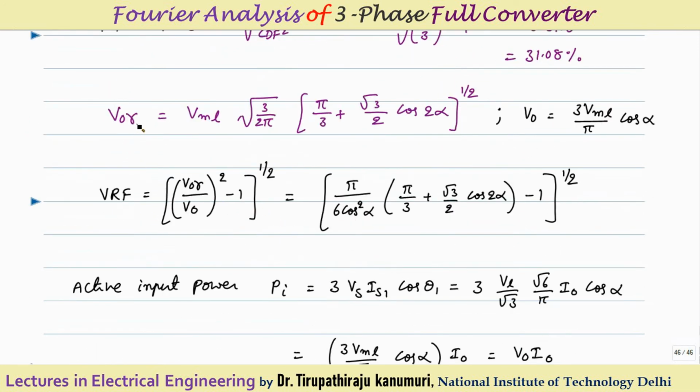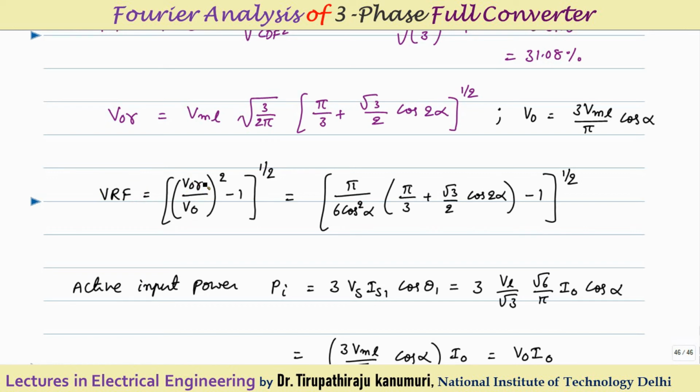Now coming to the RMS value of the output voltage, this is already calculated before in the last class, and the average value of the voltage is also calculated in the last class. So now coming to the voltage ripple factor. Voltage ripple factor is the output parameter. In the output I want the pure DC value, but practically we are getting the AC component along with the DC component. So voltage ripple factor indicates how much percentage of AC component is there out of the total component that is coming at your output.